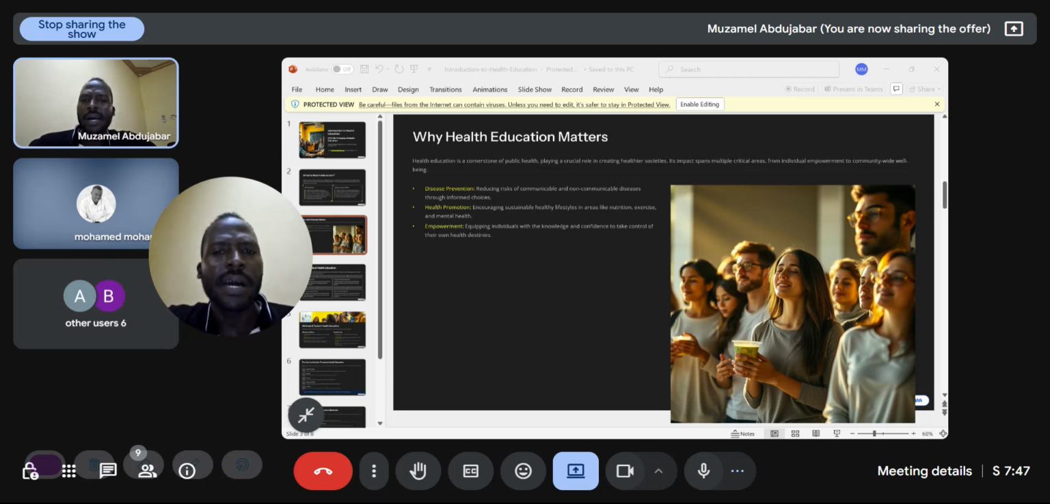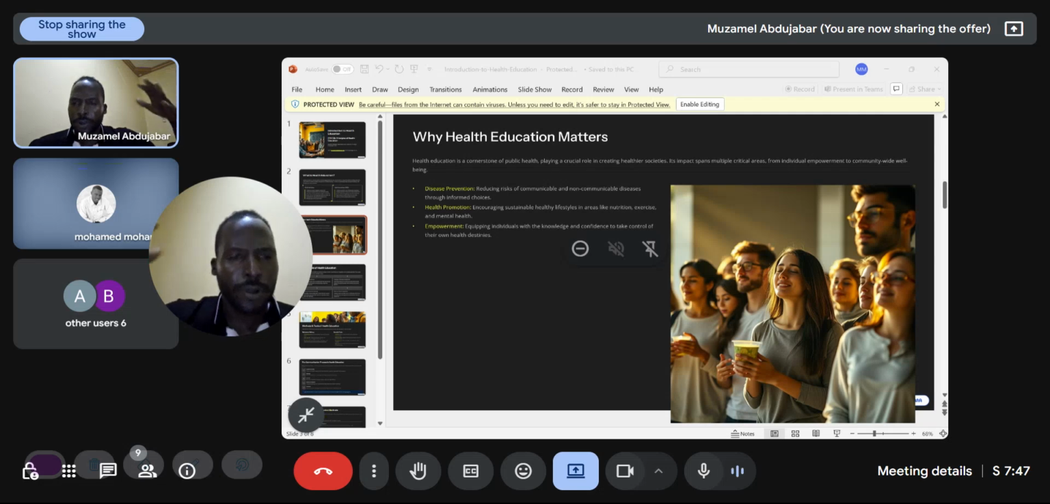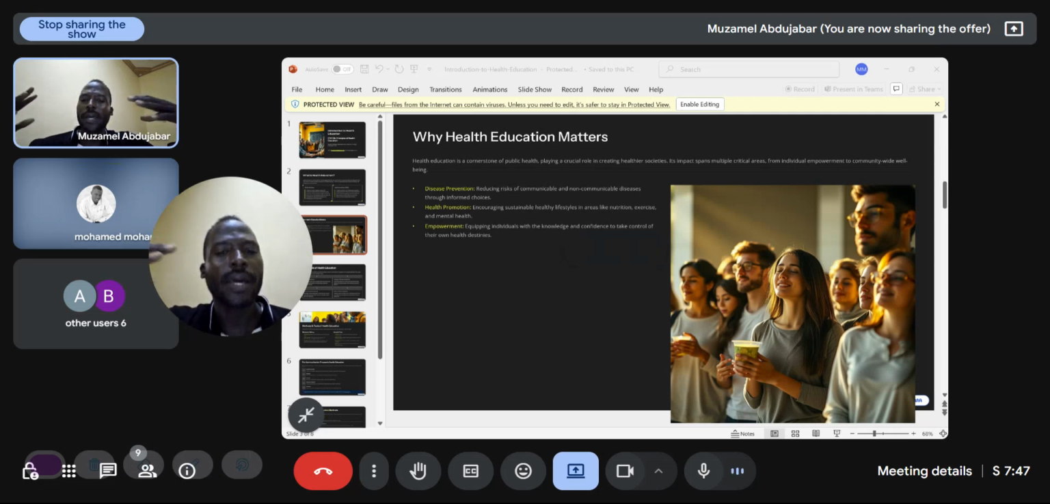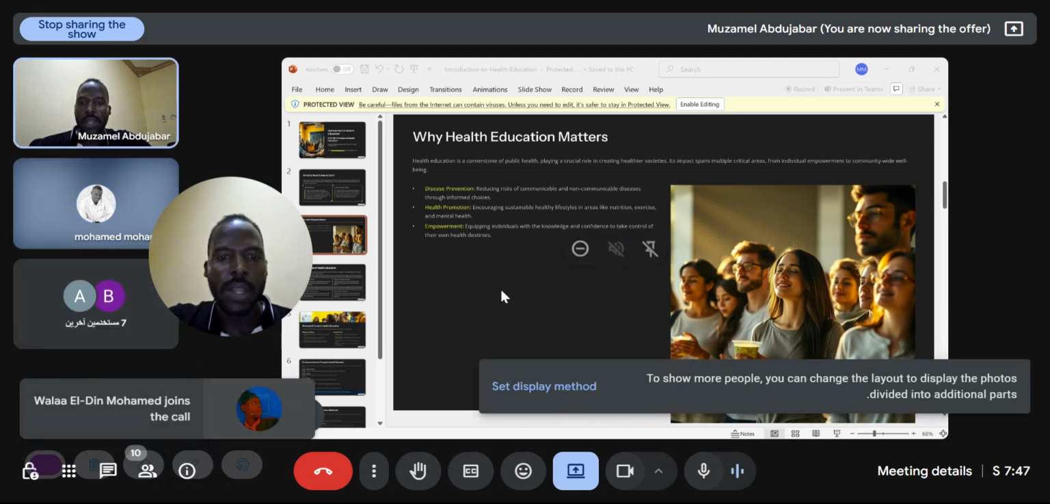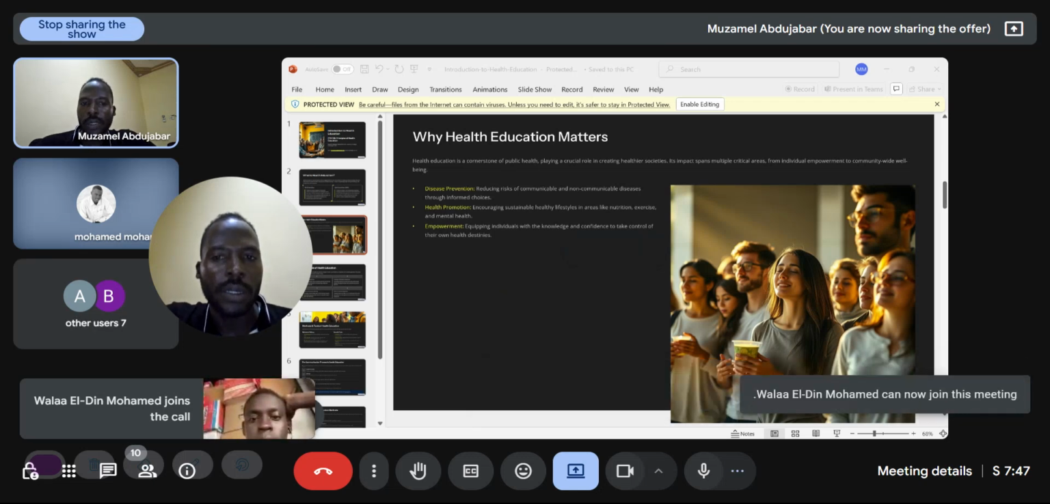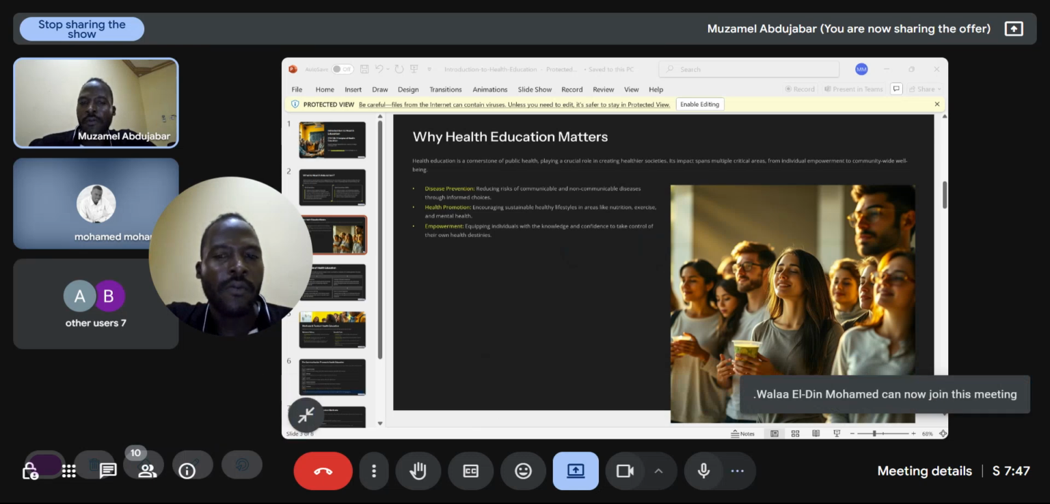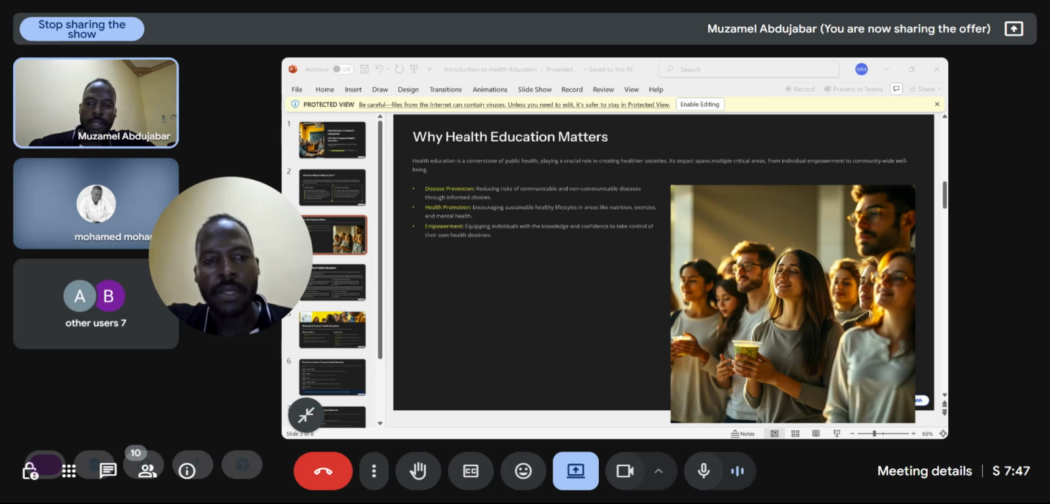Secondly, health promotion. Health promotion is for those who have good health, to keep their health well, encouraging them to stay healthy, like exercise for those who have good health, to avoid over-nutrition or nutrition-related disease. Additionally,